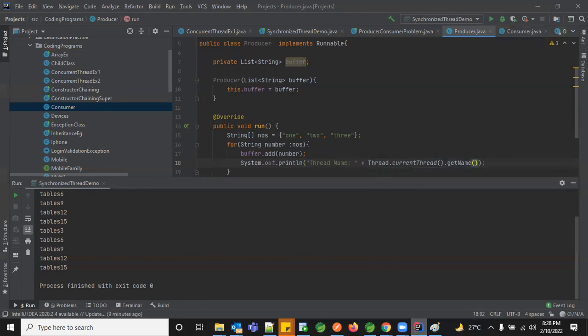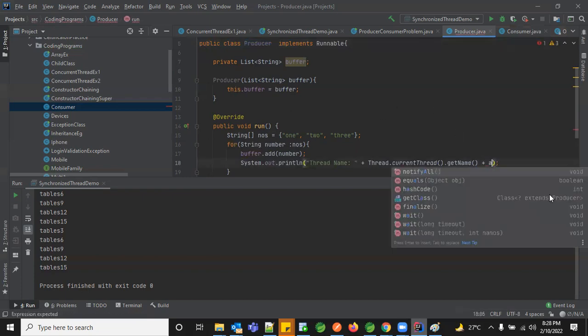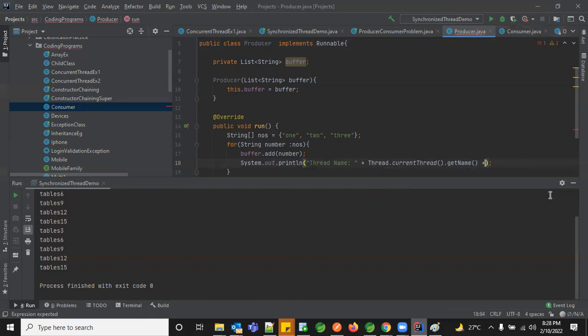If you just give the thread name, you have to create your own thread, right? But I don't know the thread object because in the producer, I don't know which thread will come and access this, right? I haven't given the producer thread object yet. So I'll have Thread.currentThread and then print it. And whoever adds it, let's say that added that number. Number added. Okay.